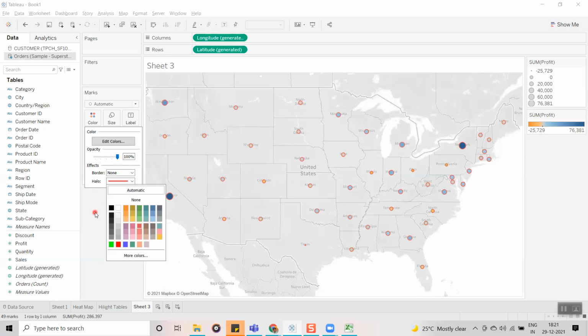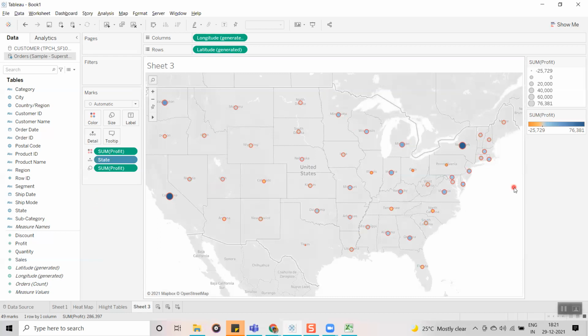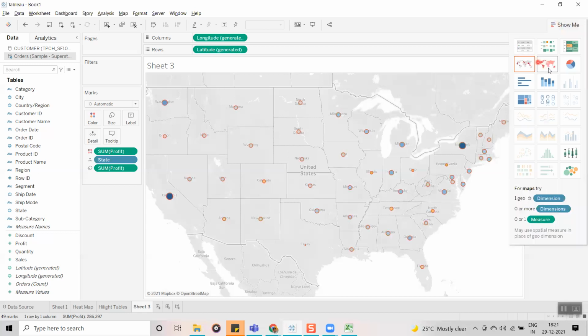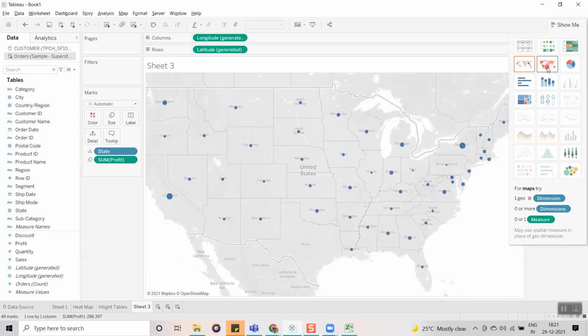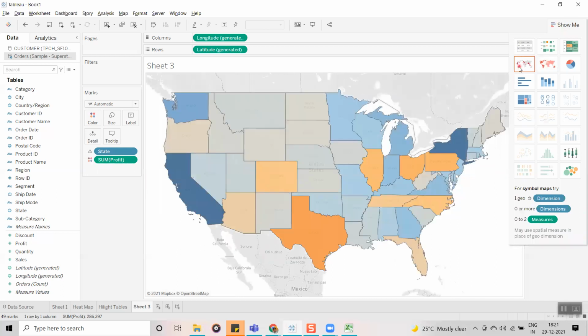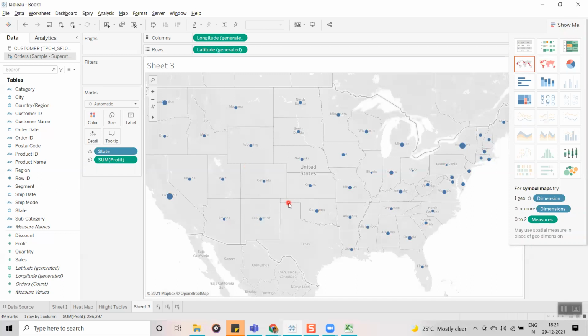So guys, this is how we are going to create visualizations like a map. And if you want to convert it, you can convert it. It depends on requirement guys. For example, if you want to display only symbols, like how the sales is happening, instead of a filled map, it's better to go with the symbol map, because we can show the exact difference here. Here we can see a lot of marks, and if we use the colors, it is going to give some meaningful information.